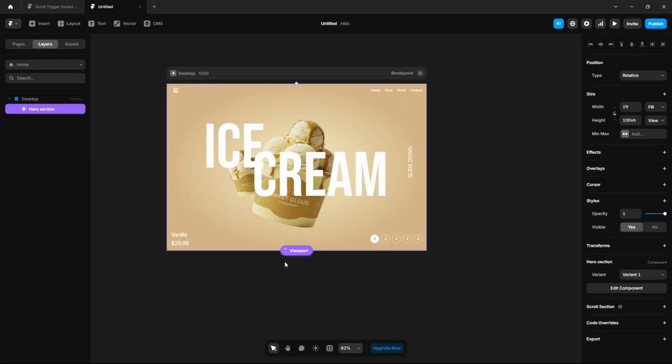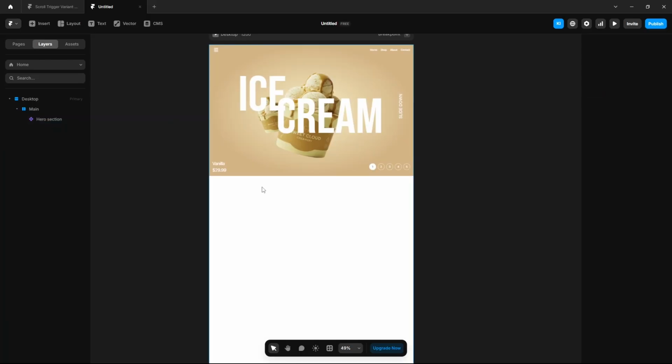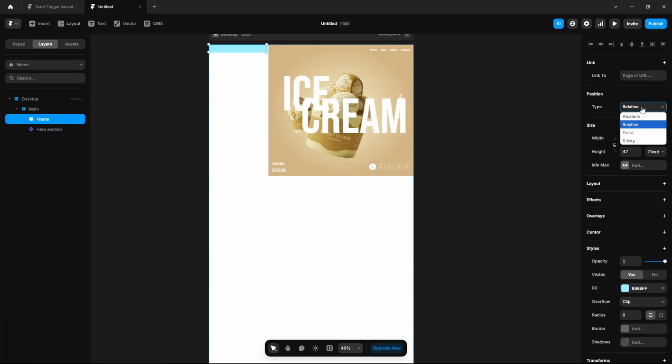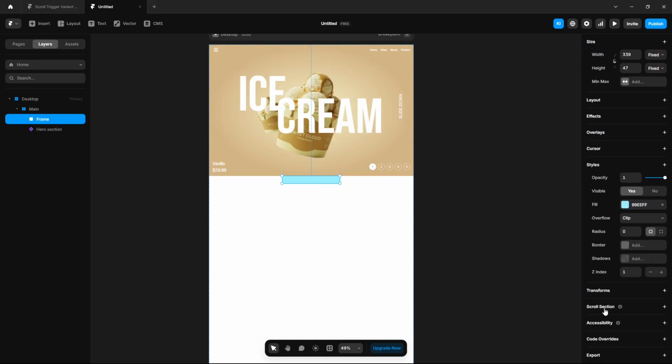It's time to create the scroll animation. We will add some empty frames that act as the trigger, and when it enters the viewport, we will switch the variant. So I'm gonna wrap this component in a stack, name it main, set the height 4000 pixels, align it start, add some empty frame, position absolute, drop it here, go to scroll section, name it 1, also here